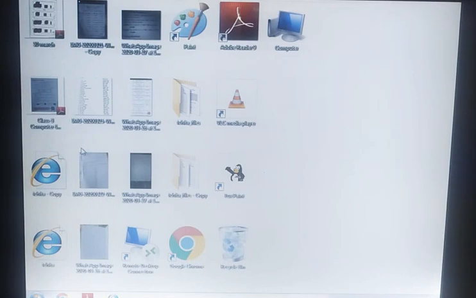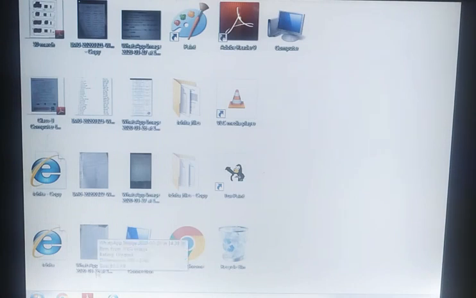As we all know, for doing the HTML tags, we need two things. First thing is Notepad and second thing is the Internet Explorer. As you can see at the bottom area, there is an option of Internet Explorer here. You can identify it with the symbol E.